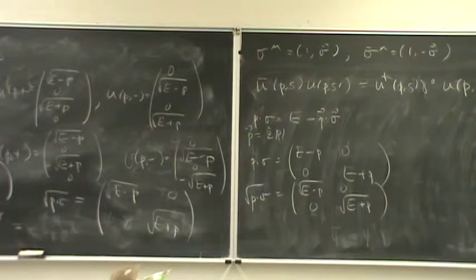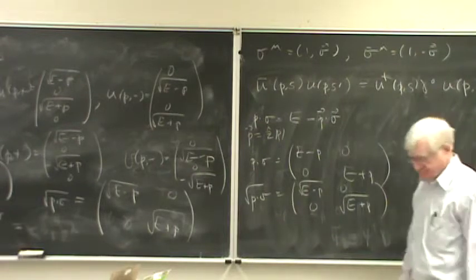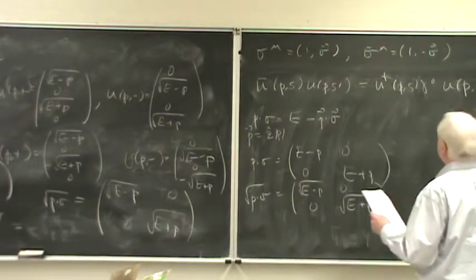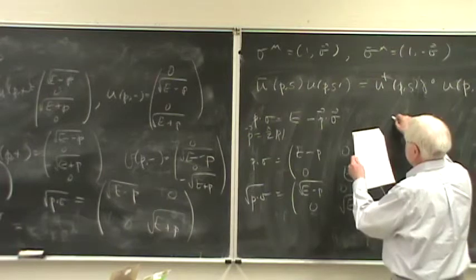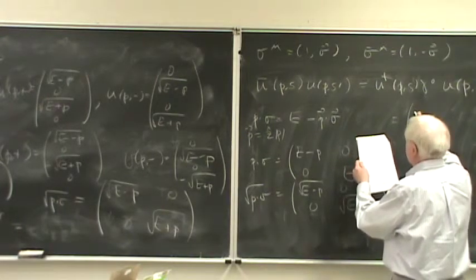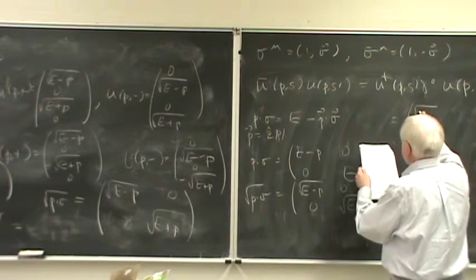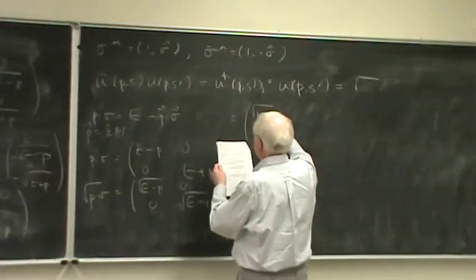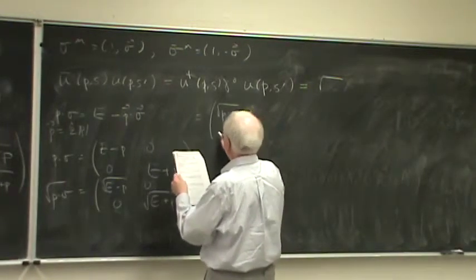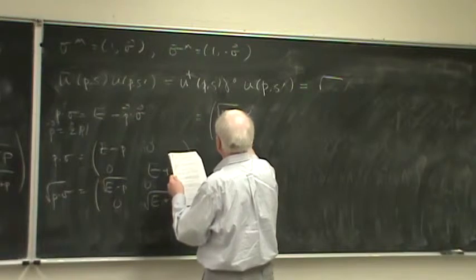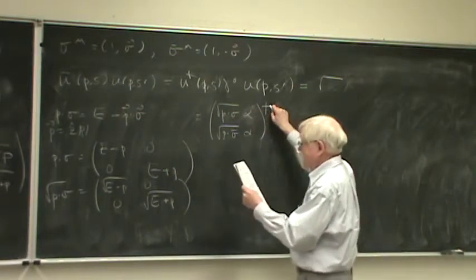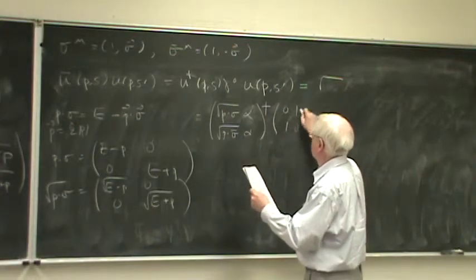And so that's what we've got. And now, using our recipes for the spinors, what we get is the square root of P dot sigma, this, well, he called it C, I was calling it alpha, the square root of P dot sigma bar alpha, and then the whole thing dagger on 0, 1, 1, 0, that's